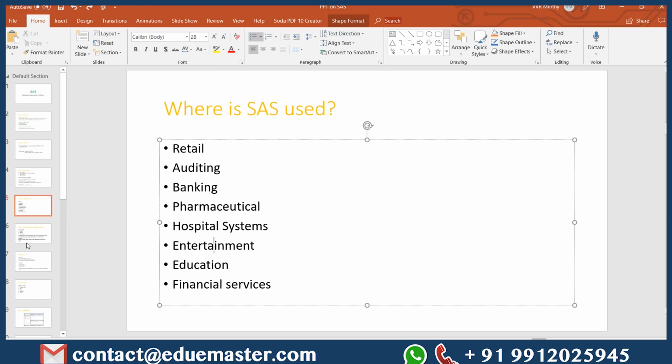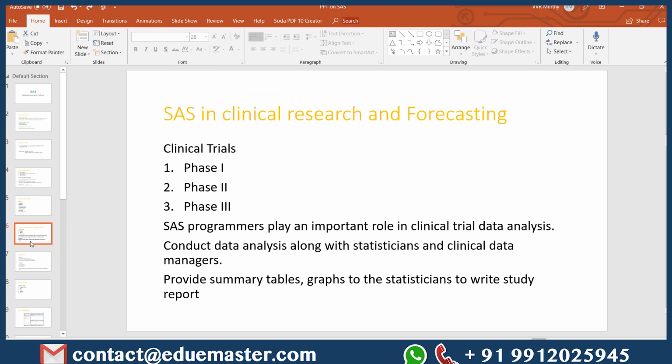No, no. Okay. So SAS is used in clinical research and forecasting. As you said, you already have the idea about clinical trials. So what happens in clinical trials? The drug investigation is what happens in clinical trials. Coming to the industry specific part, there is phase 1 investigation, phase 2 investigation, phase